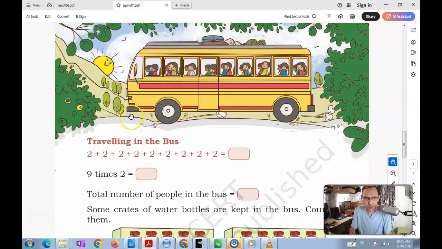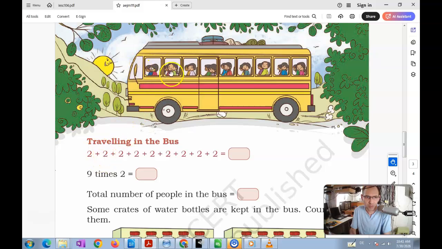Or, for example, over here you have 2, 4, 6, 8, 10, 12, 14, 16, and 18. So you have this bus over here, and the bus has 1, 2, 3, 4, 5, 6, 7, 8, and 9 seats, right? So we have 9 seats over here. Each of the seats can seat 2 people, right? So which means that the total number of people that can sit in the bus would be 2